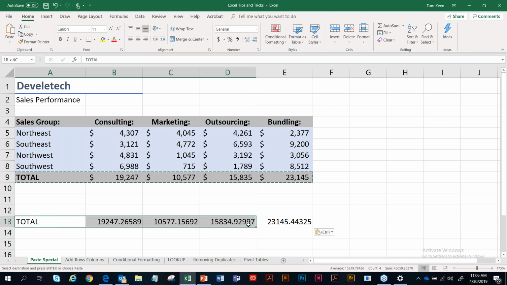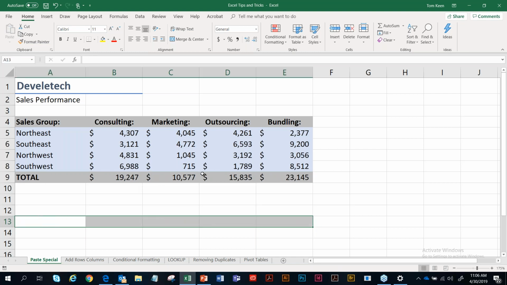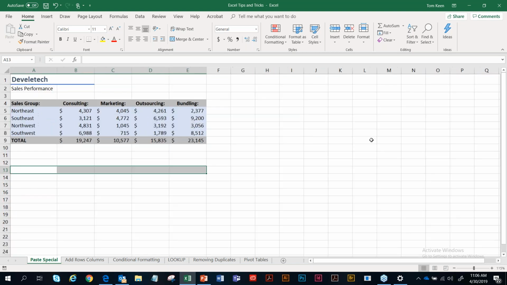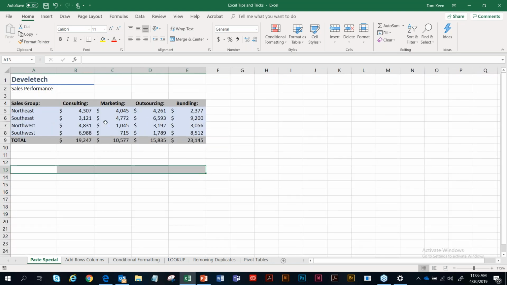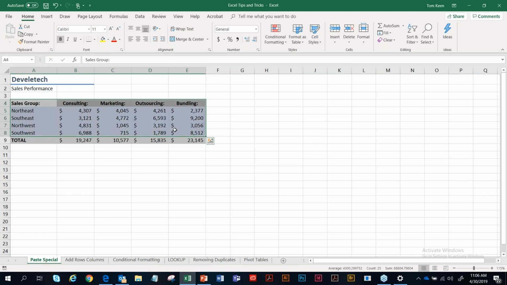Another tip that I like a lot is if I have imported information and I would like to see this in an entirely different way. Maybe if I'm going to later use a lookup function. So at this point, one of the things I would like to do is to select my block of data. And then I want to flip this around so that my sales groups are my column headers and that my departments are my rows. So again, I'm going to do a copy,